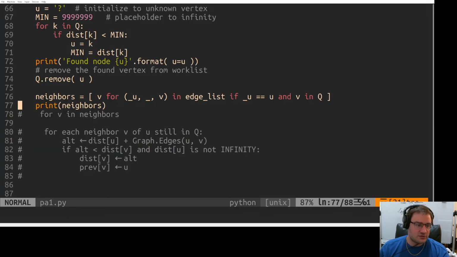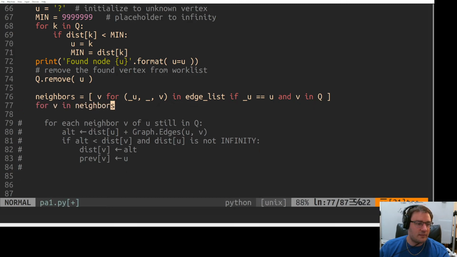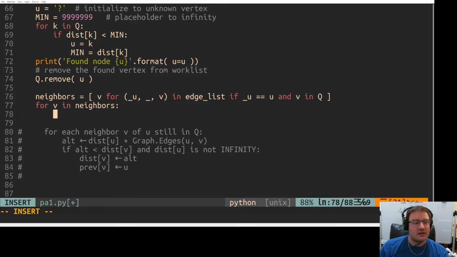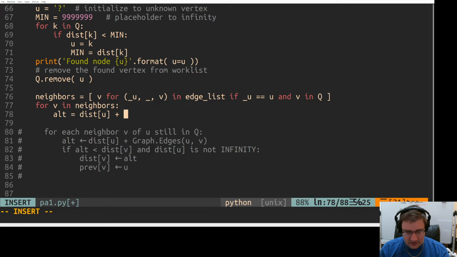All right, and now we just want to finish up with the rest of this loop here. So for every one of those neighbors, now we need something called alt, which gets the distance to U that we already have established, plus something from the edges. Oh, it wants the edge weight from U to V. So how will we do this? Let's say